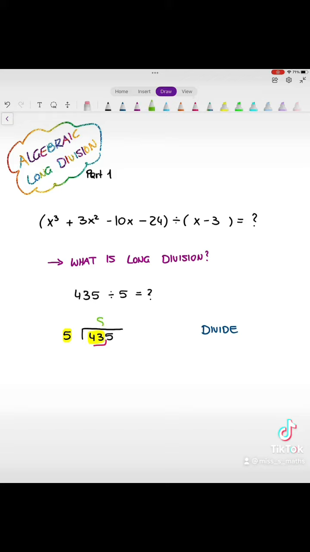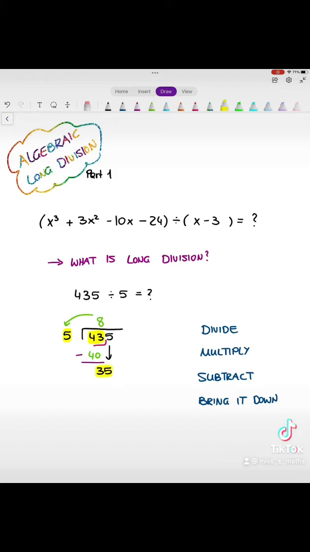We put the 8 on top of the 3, and now we multiply. That's the next step. 8 times 5 is 40. We write 40 underneath the 43 in order to now do the next step, which is subtract. We subtract 40 from 43, and we're left with 3. We then bring down the next position of the number, which is the 5,